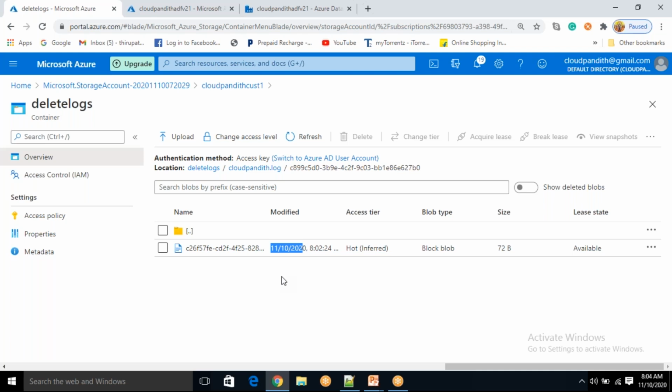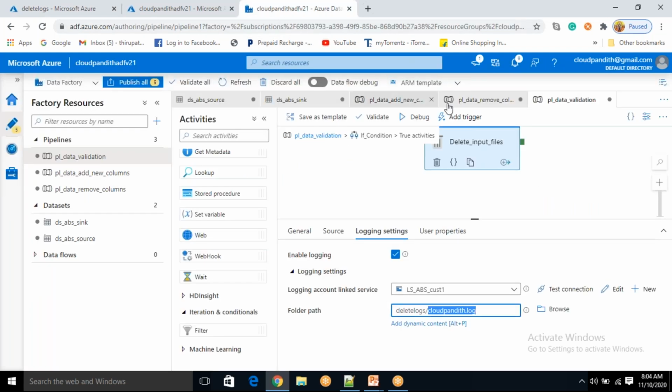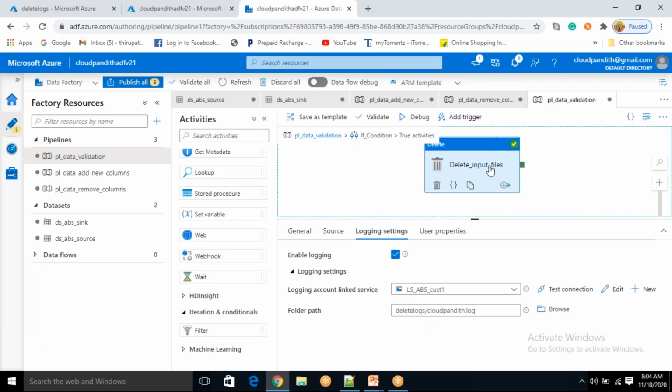Let's say you want to understand what files were deleted on October 26th; you will just click on that particular file and you will come to know what files got deleted, instead of searching the entire logs to find what got deleted on a particular day. So these are the different reasons why they have not provided the option to append all the logs to a single file. Every time they give a new file.